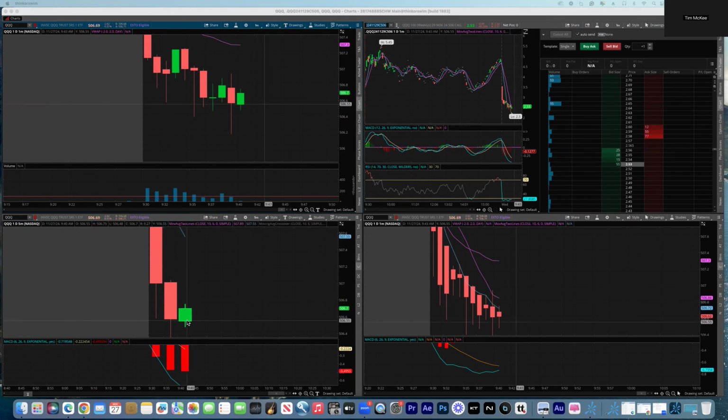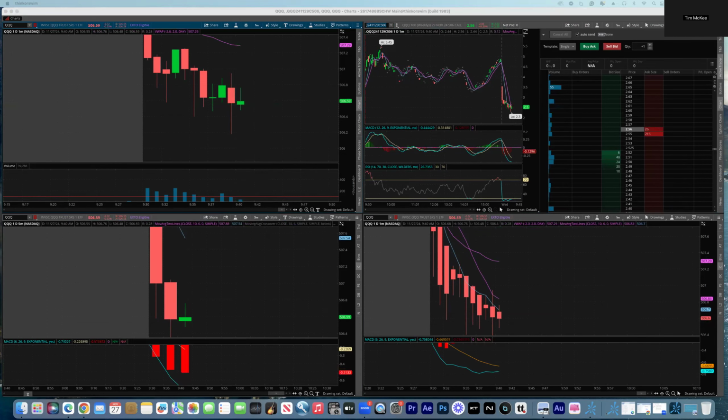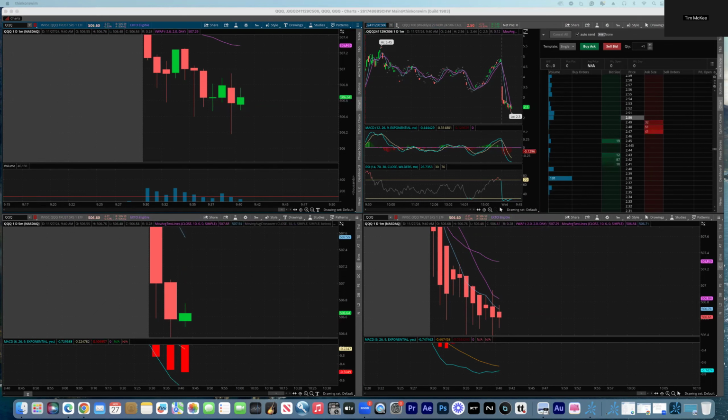Getting a demand zone forming on the bottom here on our 5-minute chart. So we've got one trade in, positive. It's our high percentage first trade. If this reversal can just take off,